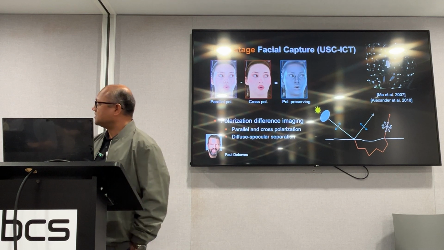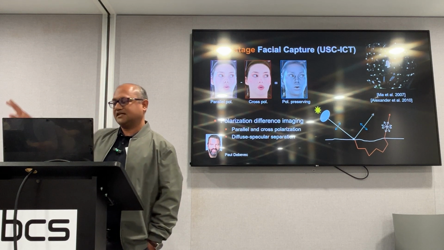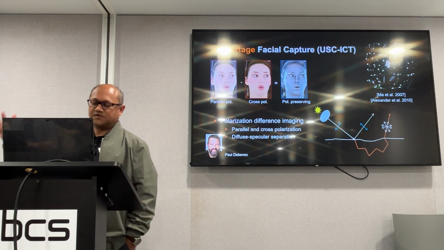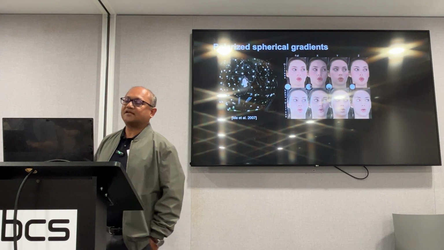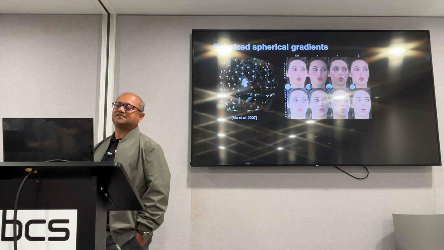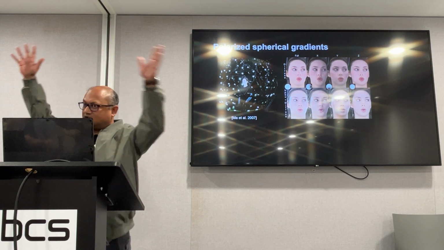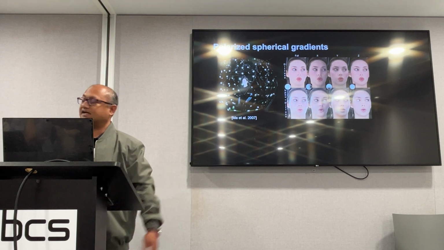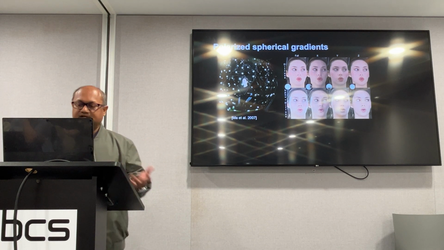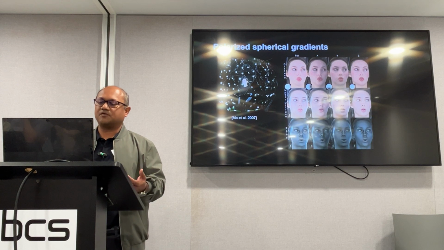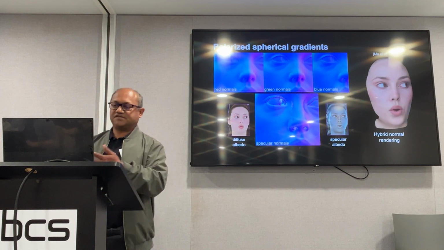So long story short, you do A minus B to extract the pure specular reflection, in this case the shine that sits on your skin, which is the result of the top oily layer of your skin. You can do that for any lighting condition, and in this case, they specifically designed polarized spherical gradients, where you create not just constant light from all directions in the light stage, but linear gradients of X, Y, and Z directions variation, which helps you get very high quality diffuse and specular shading information,